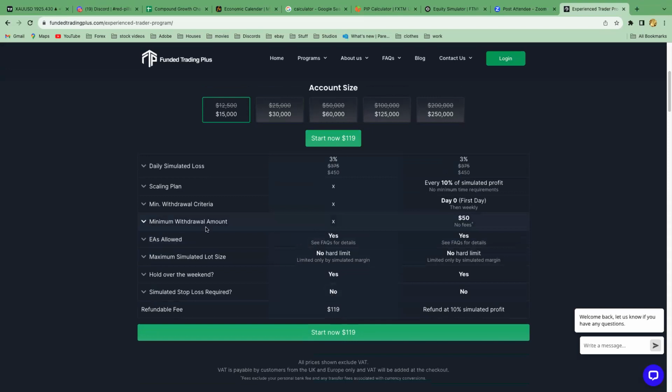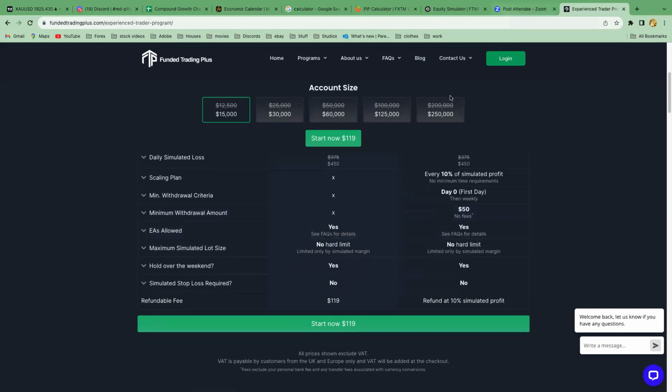So again, I'm telling you, the drawdown trailing thing is not the worst thing in the world. It will only affect you if you're trying to trade like a crazy person. You have to hear me when I'm saying that. If you listen to what I said with the risk management plan, why would it ever affect you? It should never affect you. EA is allowed, yes. So when Neo becomes an EA, you will be able to trade it.